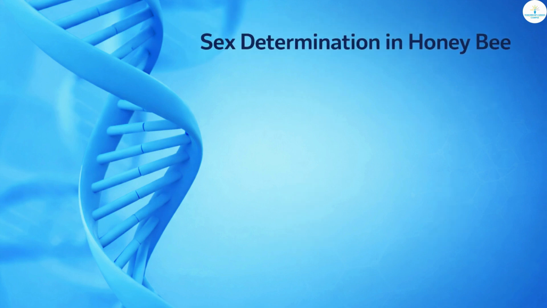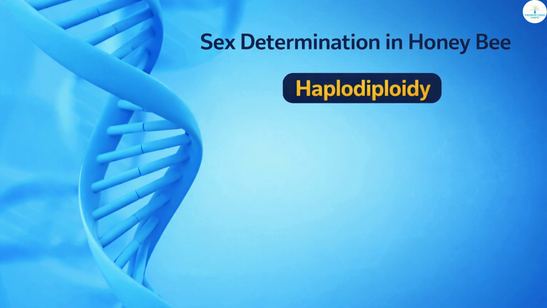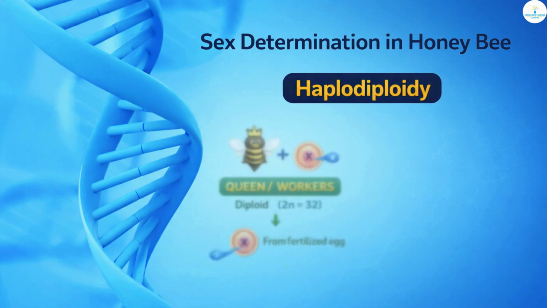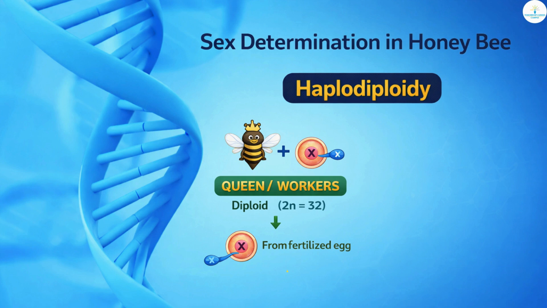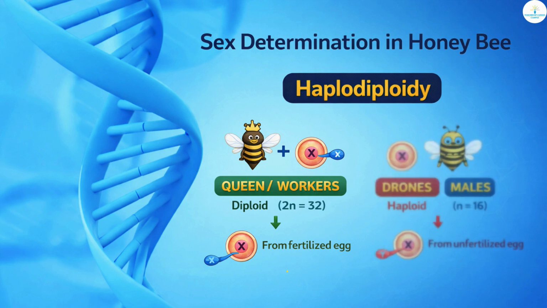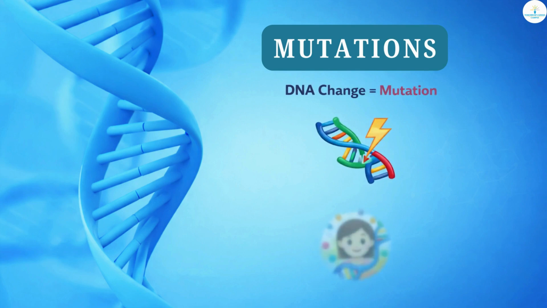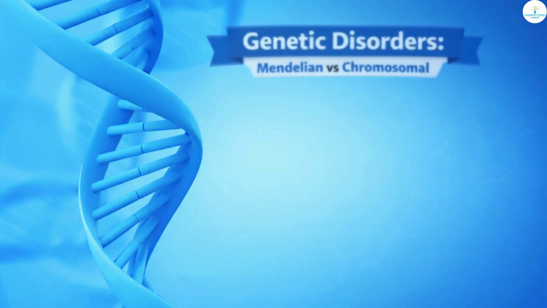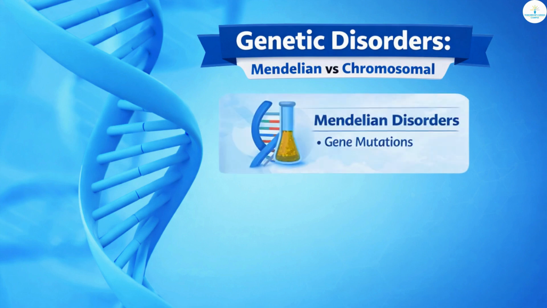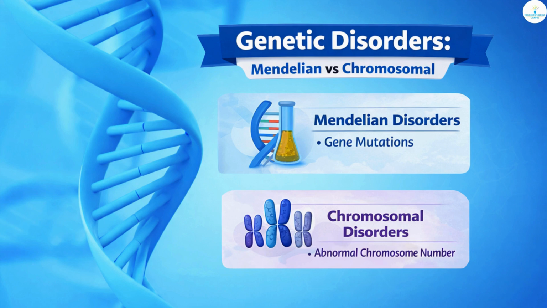In honey bees, sex is determined by haplodiploidy. Fertilized eggs form diploid females, while unfertilized eggs develop into haploid males through parthenogenesis. Mutation is a permanent change in DNA sequence that affects phenotype. Genetic disorders can be broadly classified into Mendelian disorders caused by gene mutations and chromosomal disorders caused by abnormalities in